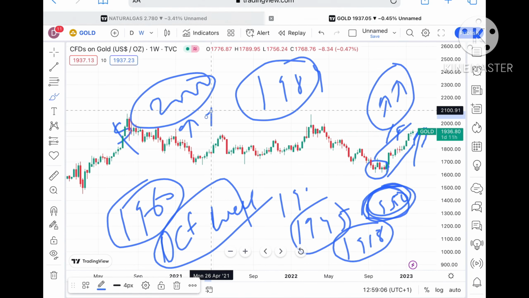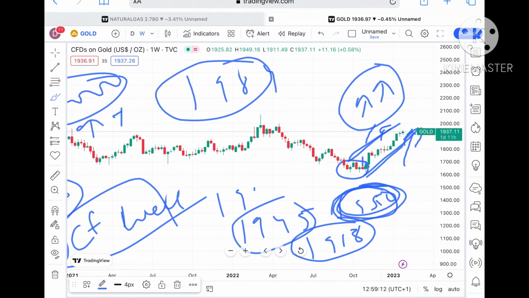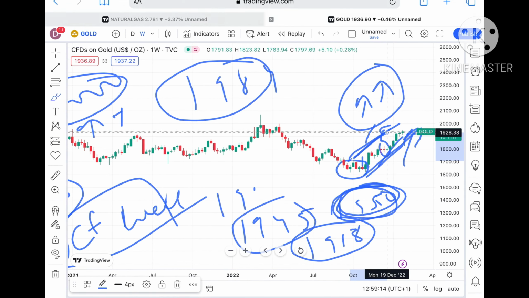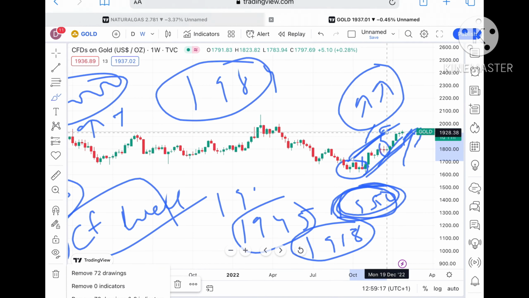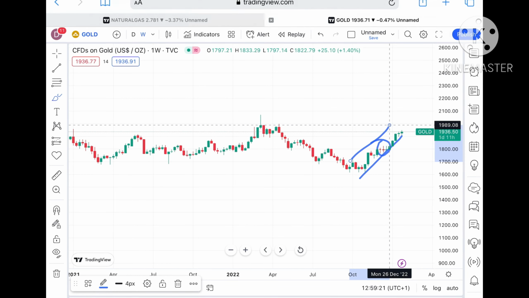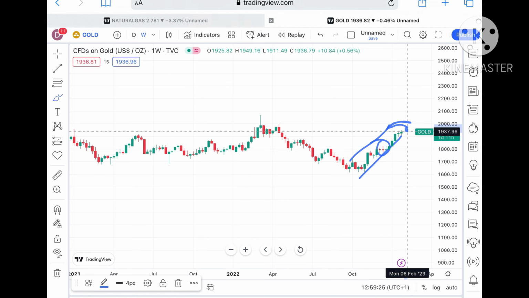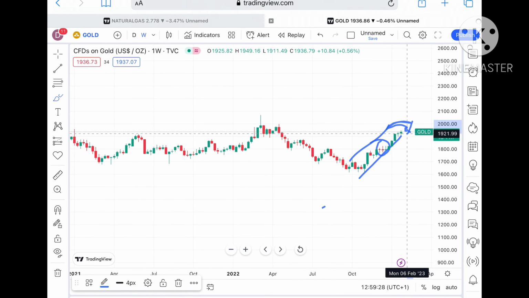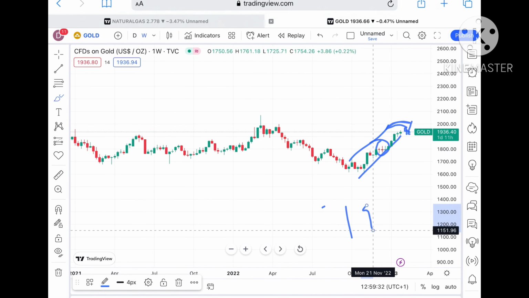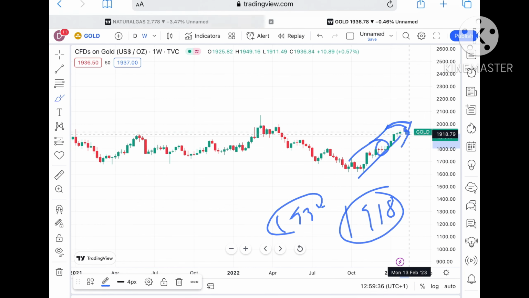Now understand something about the market for gold. As of now we have seen only two red candles forming, otherwise it is continuously on the upside. Suppose it forms a swing at this particular level, then chances are high it can come to its next support of around $1932, and from there it can go towards a level of around 1918. After 1932, there is a probability it can go further low and touch a level of around